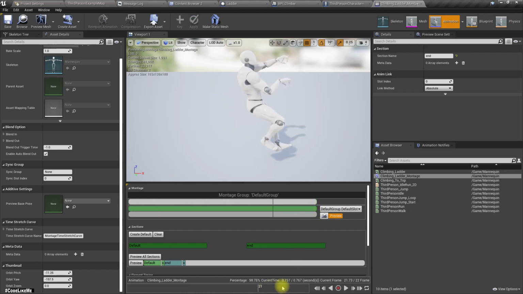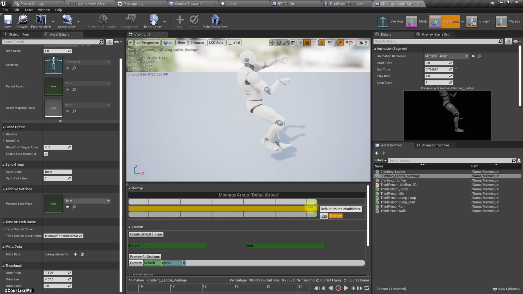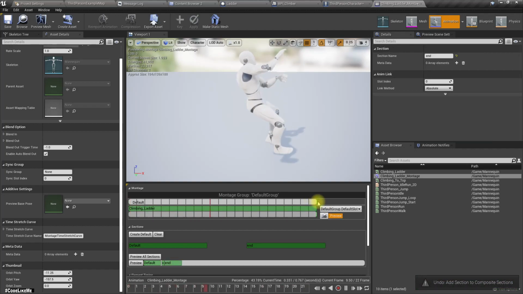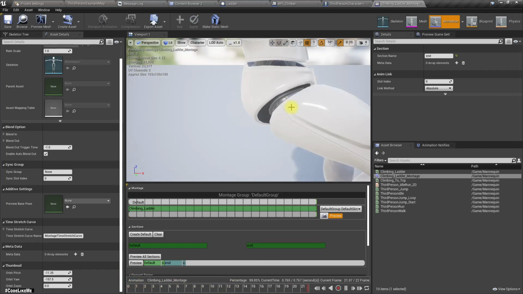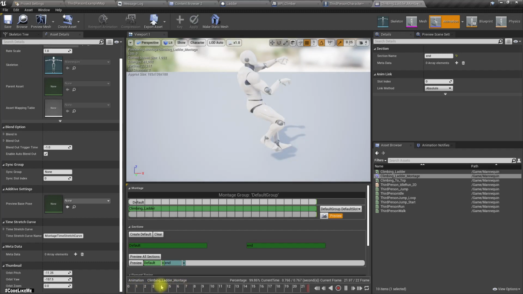Therefore I'll move this to the edge. Like this. Okay. Alright. Then